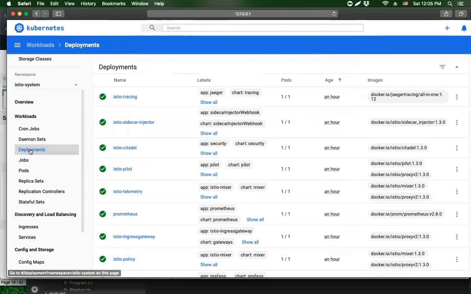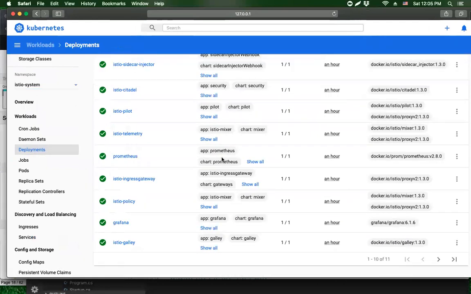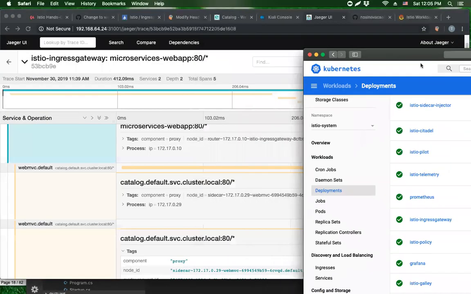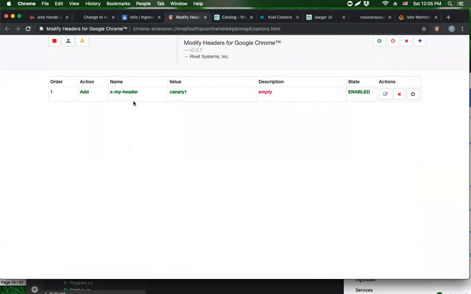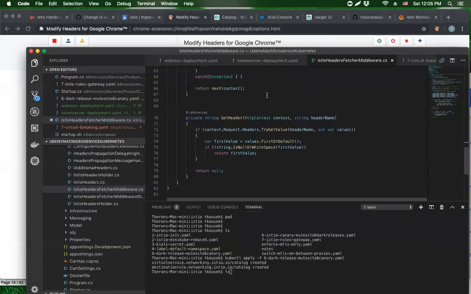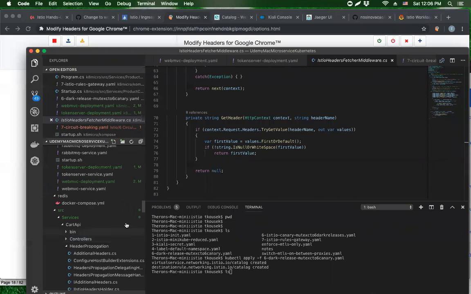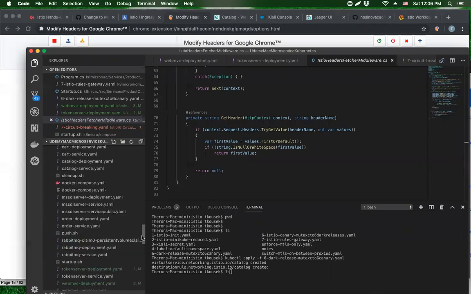Trying to think if there's some other things. I'd like to kind of demo in the next video or in another video how canaries work, but I'm hoping that I was able to demo dark releases here just by using the header propagation, by toggling this from canary 1 to canary. It would turn around and invoke the header-based routing for the dark releases, which would allow you to, let me go back here,